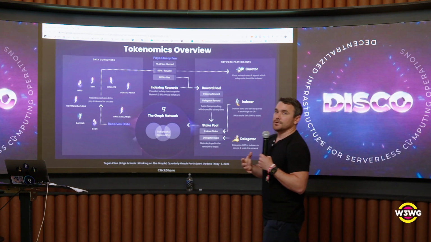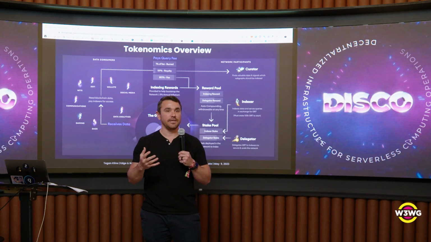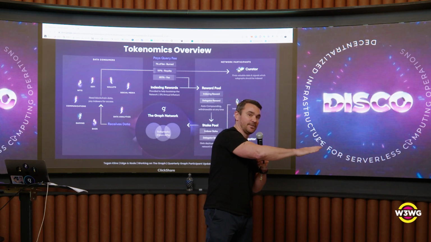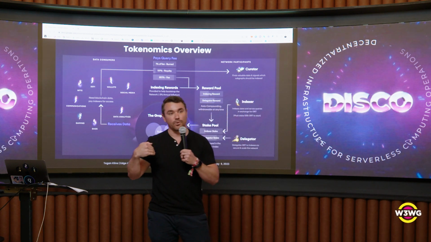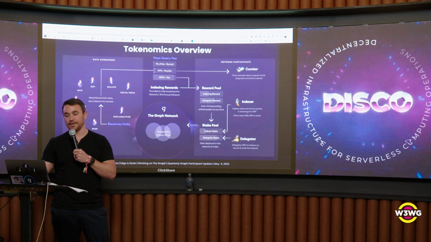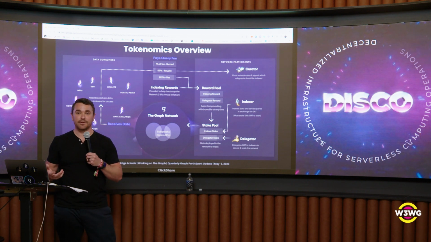And then delegators, you think of these as the passive stakers. They're not technical enough to be indexers, again, which are the backbone of the network. So they literally delegate their GRT so that indexers can serve the queries, and they give the majority of the protocol rewards, query fees, and indexer rewards to delegators. So it's a really complex and I'd say very elegant economic system that took a couple years to think up,